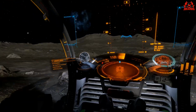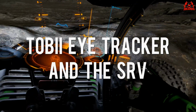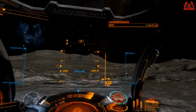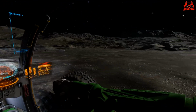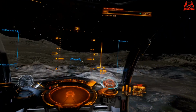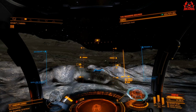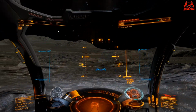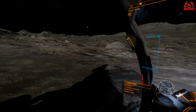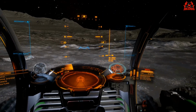Now here's a good thing, and I expected this to work as well, the Tobii Eye Tracker working in the SRV. This would be absolutely fantastic in doing exobiology in-game and having a wider field of view. A lot of commanders do still zoom around in their ships looking for items. I mean, it's nice and easy to spot those geysers that I can see over there. Geysers, geysers, you know what I mean. And look for the next one out the window, up,